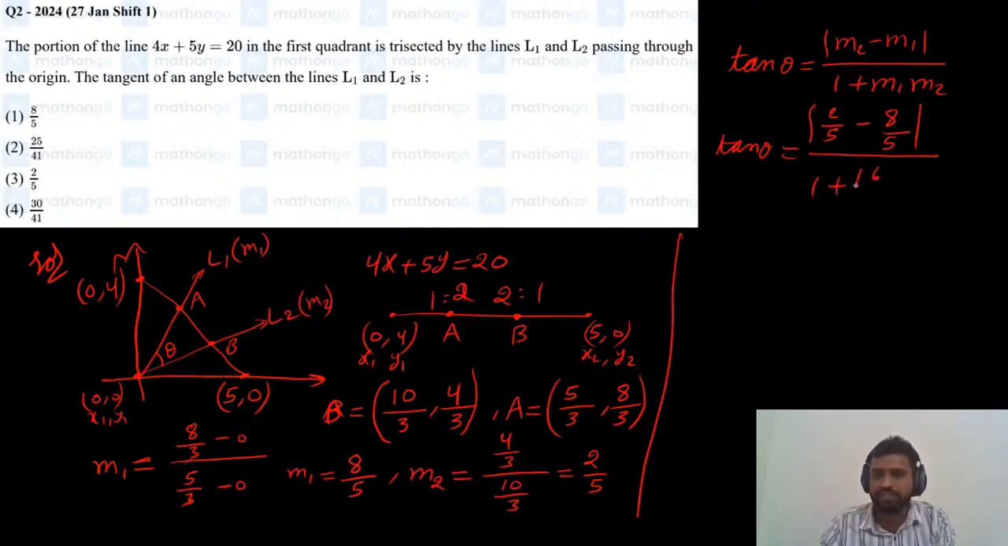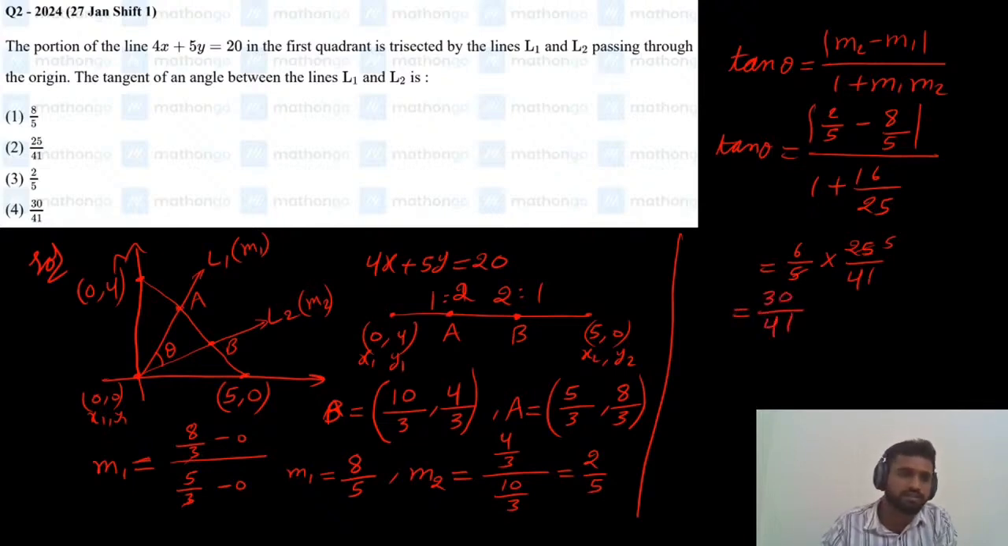8 into 2 is 16 and 5 into 5 is 25. Since the mod is there, 2 minus 8 is 6, so 6 by 5, and this one we can take as a reciprocal: 25 by 25 plus 16, which is 41. So now the 5s will be cancelled. 6 into 5 is 30, so it is 30 divided by 41. So this is the correct answer. Fourth option is